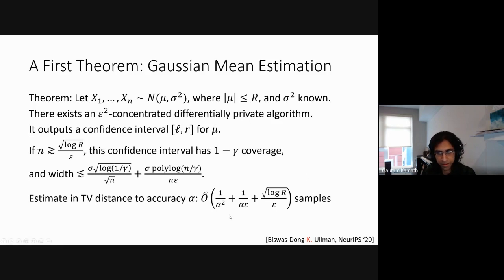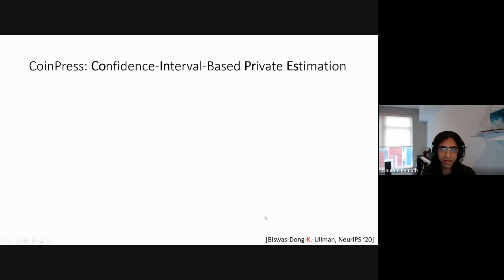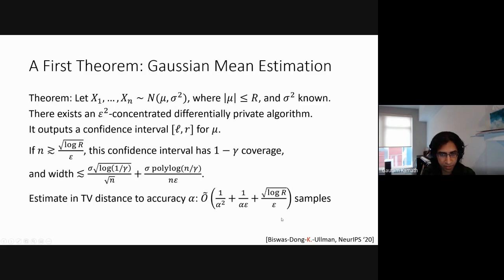So that's the statement of the theorem. If there are any questions about the theorem statement, now is the time to ask. The main thing I just want you to take away here is that the cost on R decreased a lot.